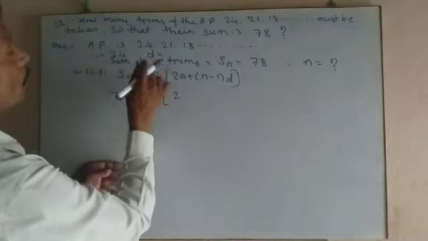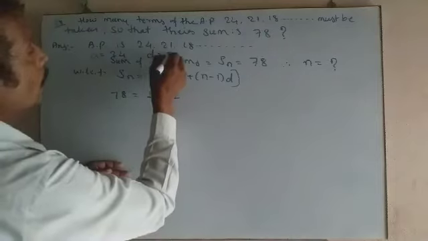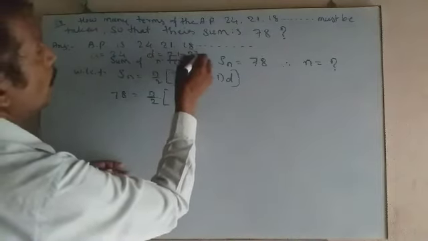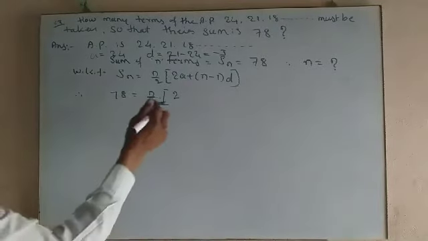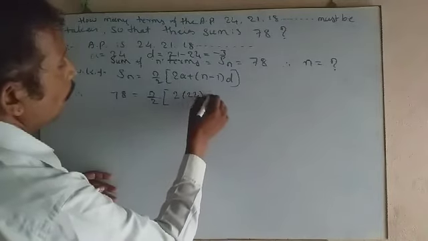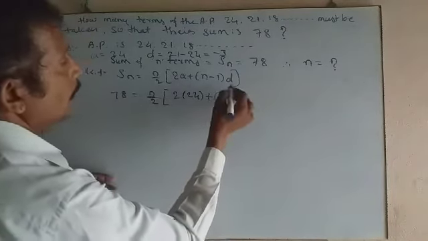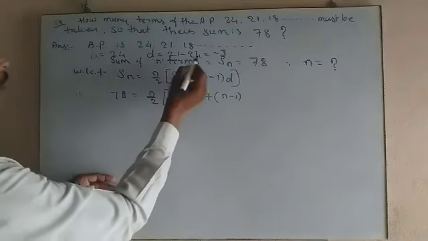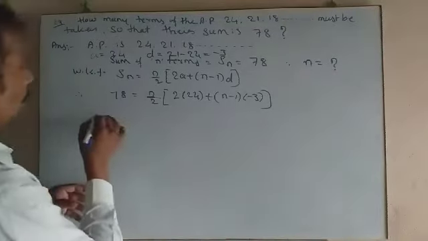d is the common difference. 21 minus 24 is minus 3. Now a is the first term, it is 24, plus, write n minus 1 as it is, and d is the common difference. It is found to be minus 3. Therefore,